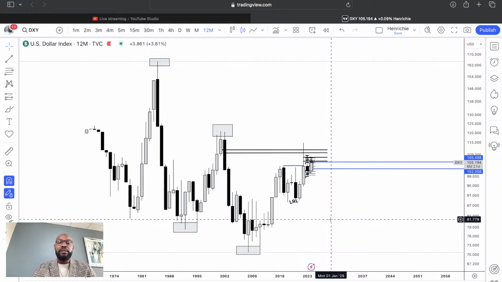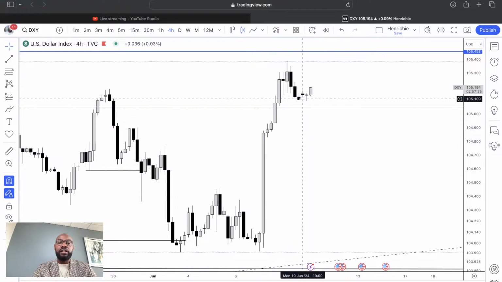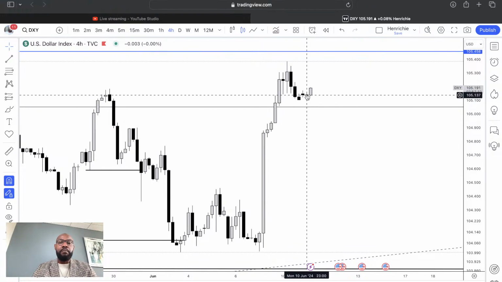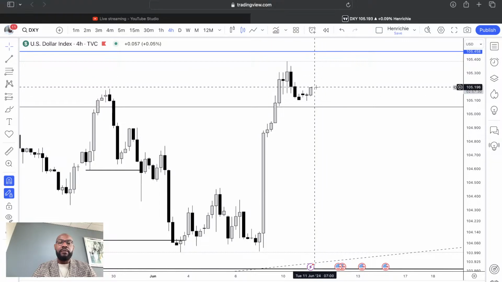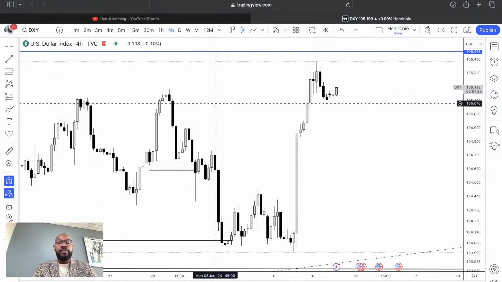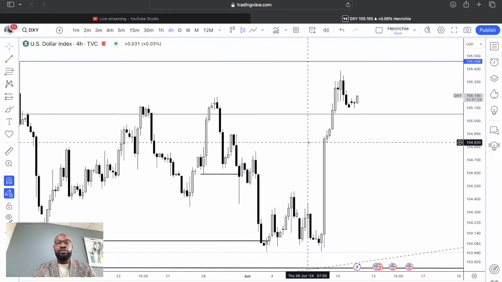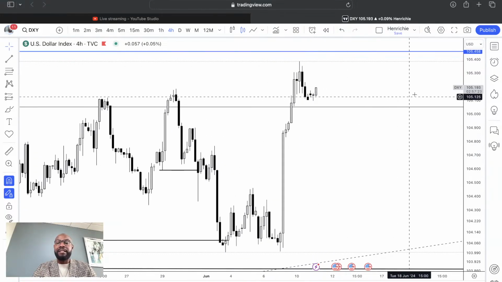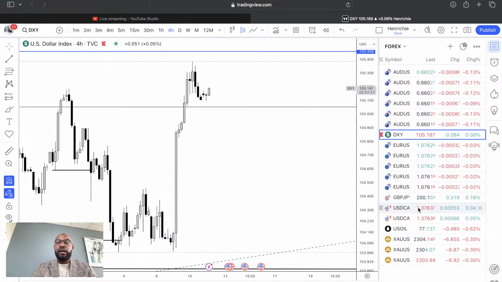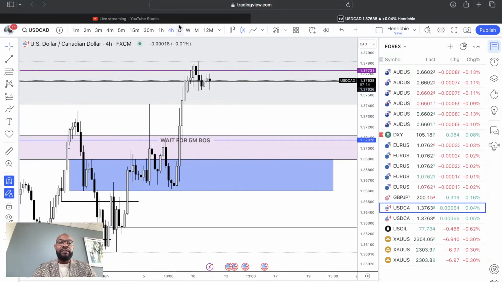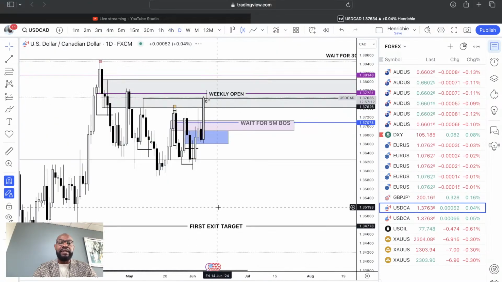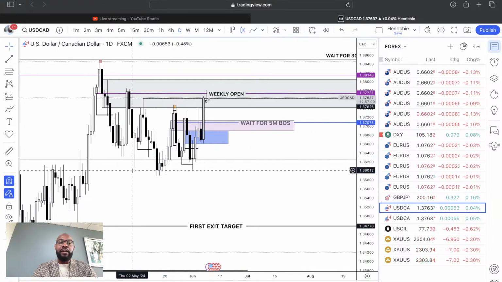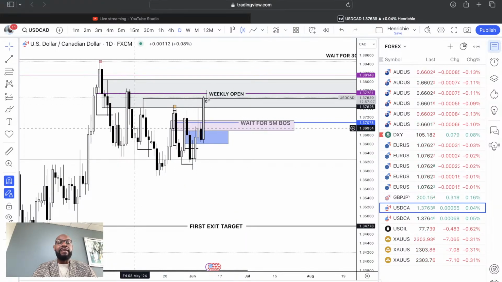That is 100% possible. But as you can see so far, price is holding up strong and it's showing momentum like it wants to continue to the upside. Personally, I'm not looking for any sell or any buy on the US dollar or USD pairs. For example, looking at the USD CAD, like I've always stated about the USD CAD, irrespective of the fact that every down move right here, I called it on the live stream, I never entered any of them.